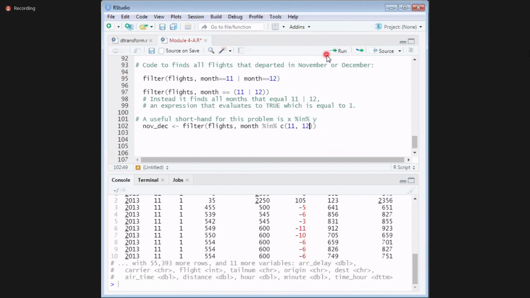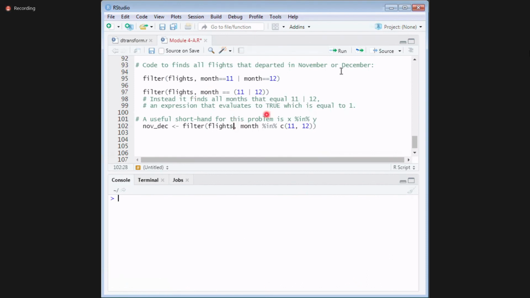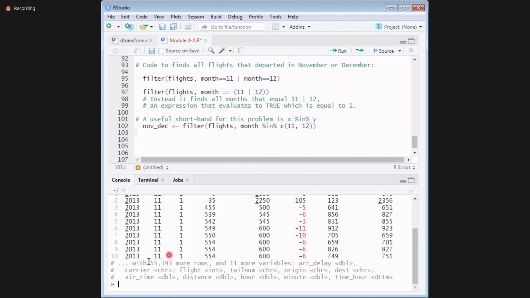See, even with this you got the same output, around 55,000. I'll run it once again, NOV underscore DEC. Around 55,000, so it is right. Either you can use it like this or like this, but the earlier one is not preferred. This is wrong.